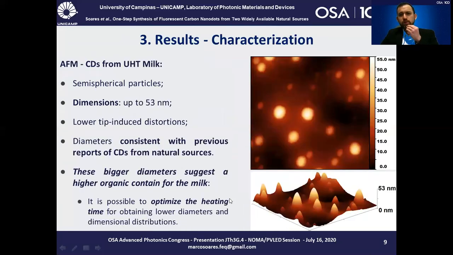In the case of the milk, you don't observe such high distortions on the XY plane because the particles are larger, about 53 nanometers, and the semi-spherical shape is very clear. So these diameters are consistent with previous reports of CDs, and the bigger diameters obtained from milk suggest a higher organic content that we already expect, since there are lots of proteins, for example, casein. So it's possible to optimize the heating time for each one of the sources, obtaining lower diameters and lower dimensional